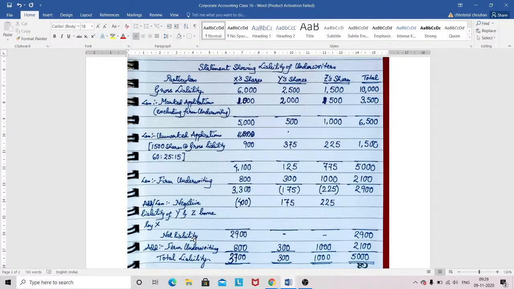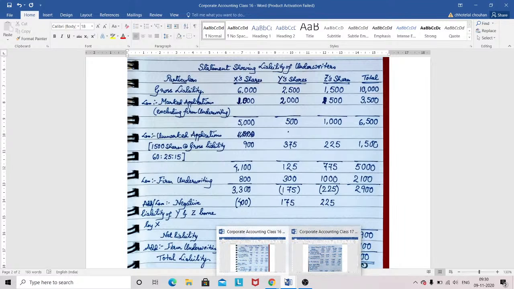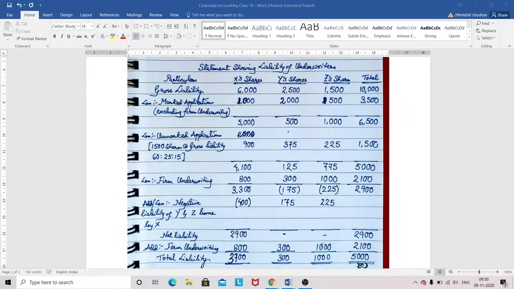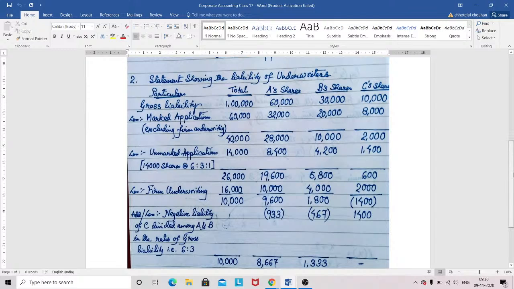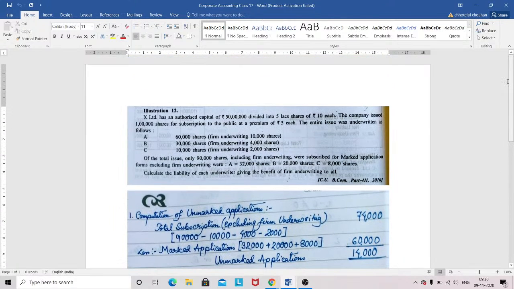Okay, no doubt, so I'm moving to the next sum. Okay, now just see that X Limited has an authorized capital of rupees 50 lakh divided into 5 lakh shares of rupees 10 each. The company issues 1 lakh shares for subscription to the public at a premium of 5 each. That 5 each doesn't carry any meaning until and unless you pass the journal entries, otherwise কোনো কাজে লাগে না।